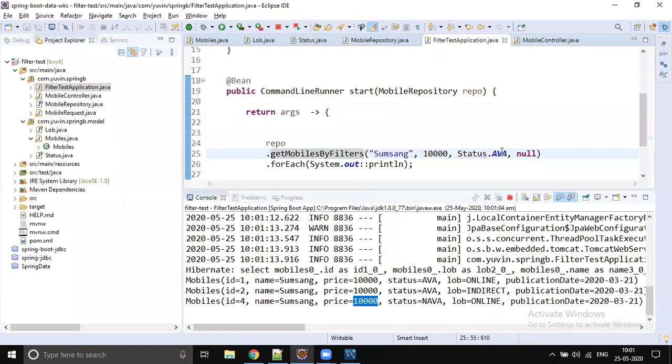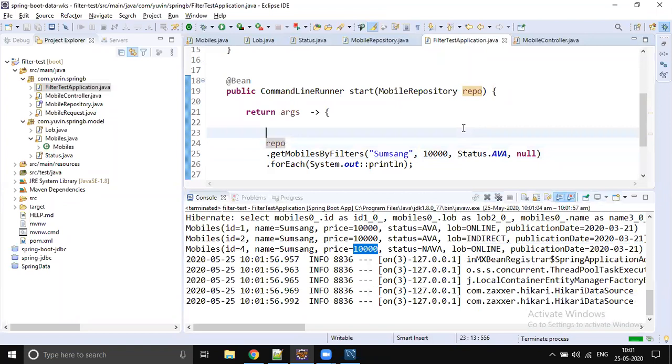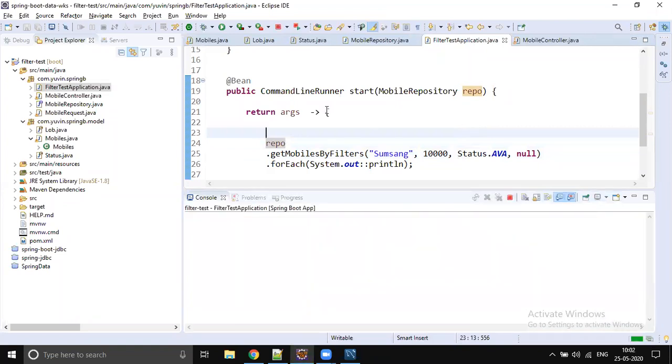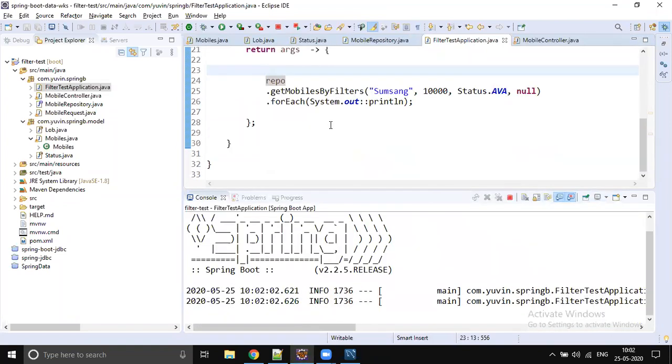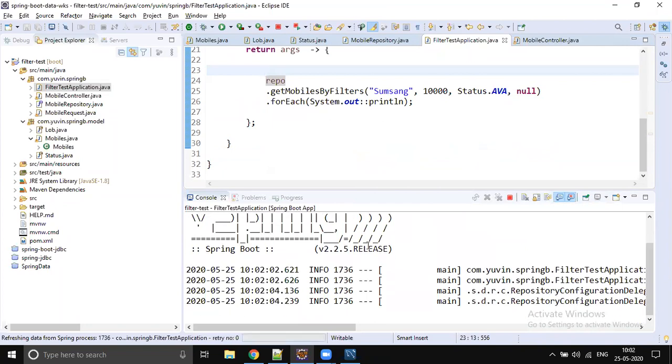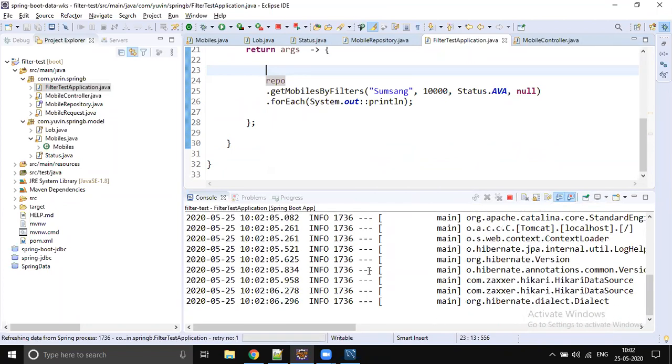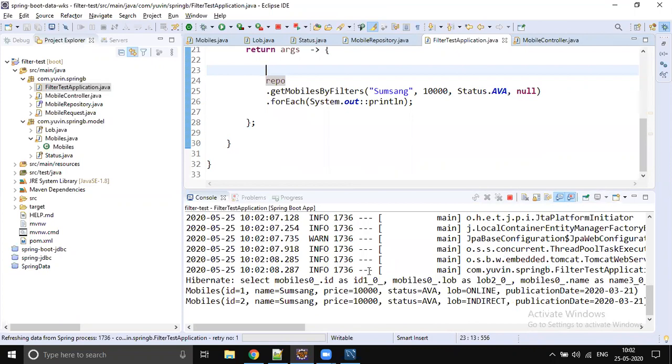Later we will change this to available instead of AVA, with the full name, so it's more meaningful naming. For now, let's go ahead and use AVA. Now you will get the Samsung mobile with 10,000 price and available.